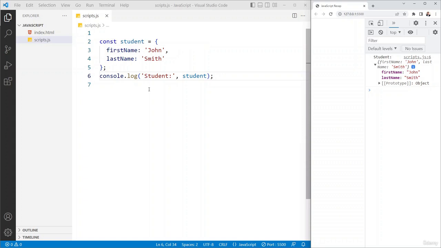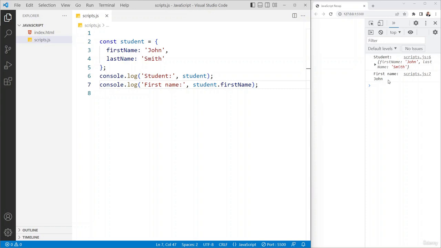Also, I can get any value that I want from any property. To do that, I just need to include the name of my object, period, the name of the property that I want to extract. So I could do something like this. If I want to get the first name, I can do student.firstName, and that would retrieve the first name property,